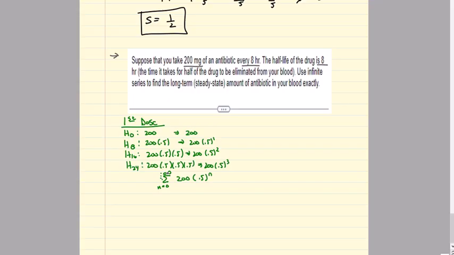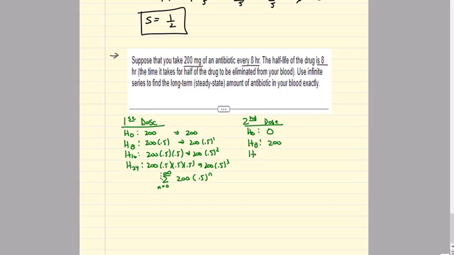Here is what we have. Now that's just for the first dose. Now I would do the exact same thing for the second dose. So for the second dose, at hour 0, I don't have anything. And then at 8 hours after I started my first dose, now I start my second